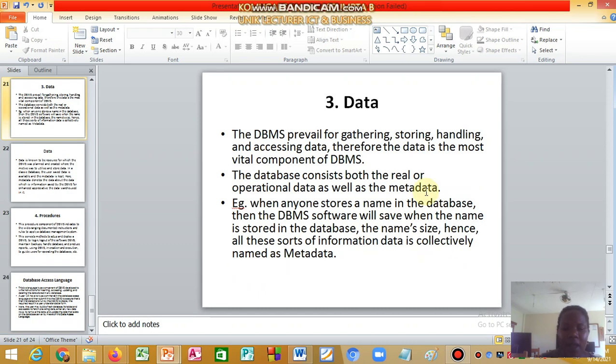We have data. Of course, data consists of the real operation data as well as the metadata. When we talk of the metadata, this is when you're talking about the size of, for example, a name, the size